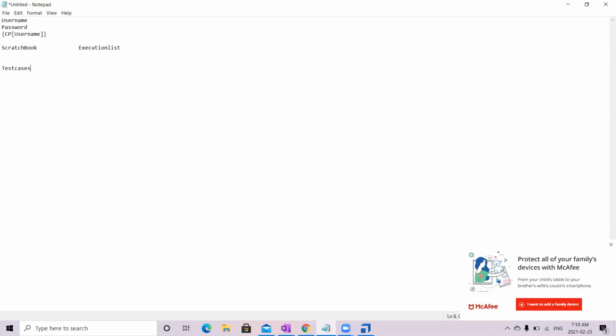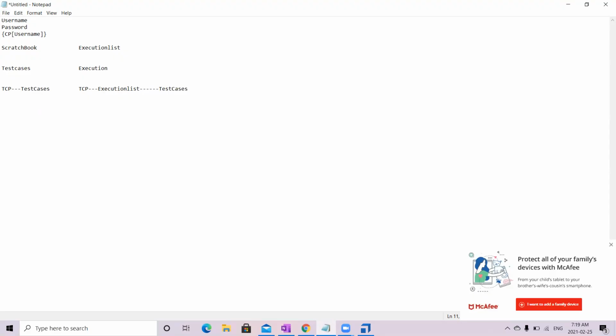So it will look for the configuration parameters in the test cases section only. But when we are running it through the execution list, what does it mean? We are running it in the execution section, right? So first it will look for the test configuration parameters at the execution list level. If they are not there, suppose I don't have them, then it will go to the test